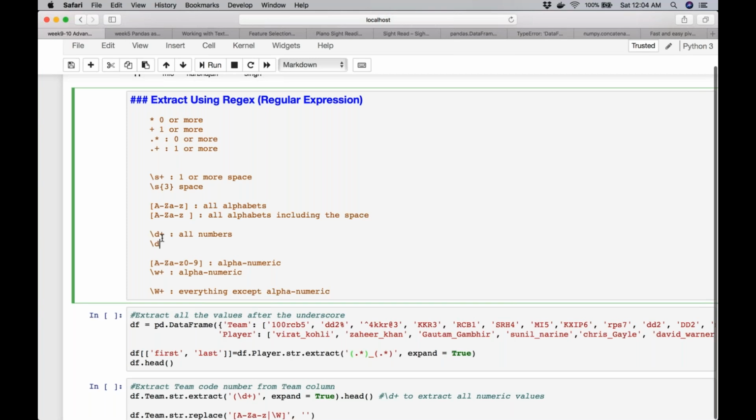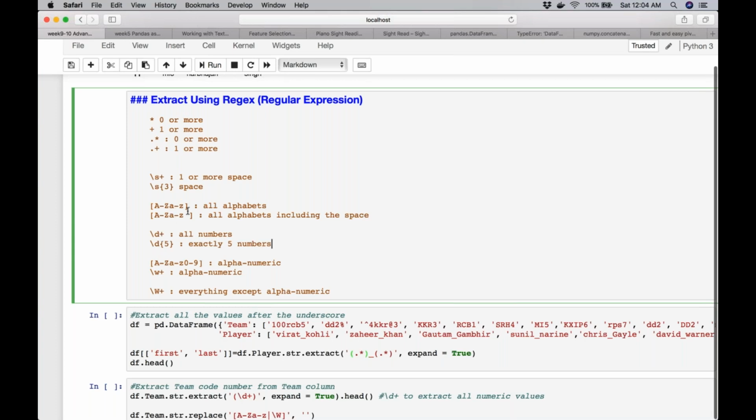If I want to extract only the places where there are, say, five numbers in a row, I can say this. It will extract only exactly five numbers. So you can specify the number here.